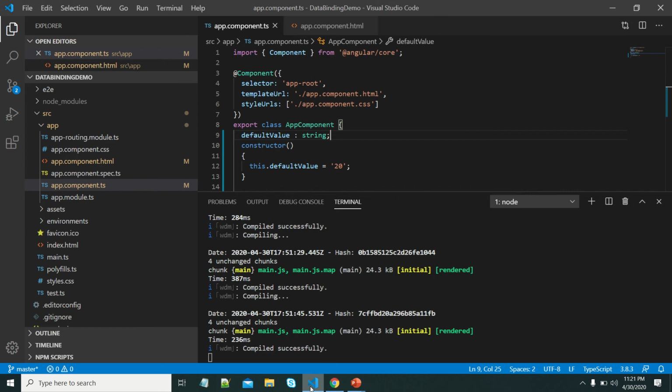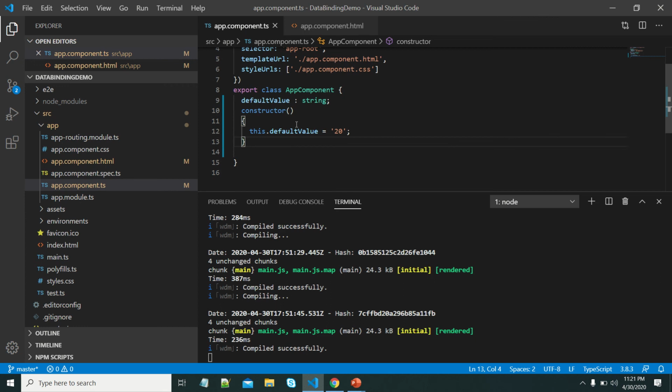Like this we can write the methods here. In TypeScript class, we can write methods. Multiply, default.